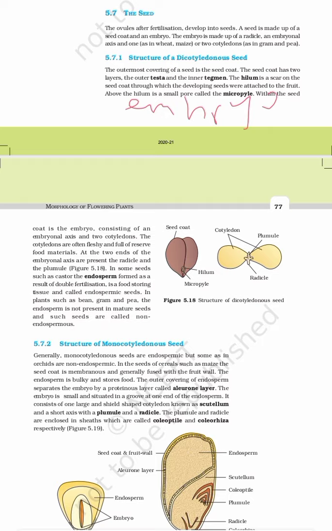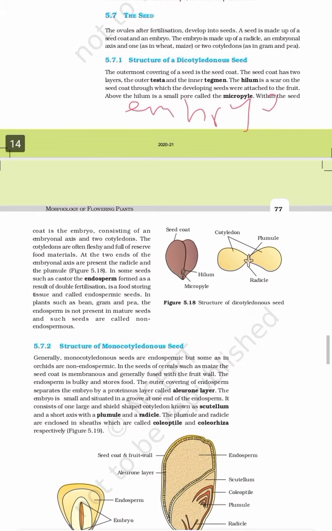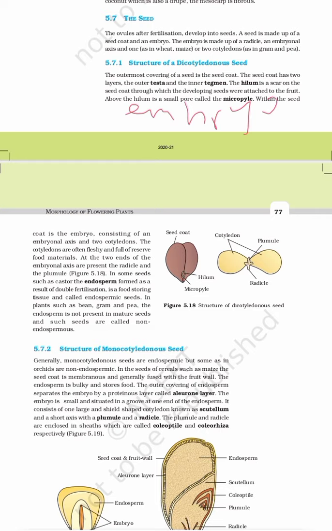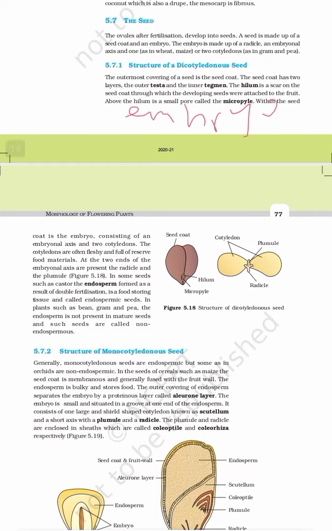Megasporangium is one part which we have already learned in the fruit part, where we know that in the ovule, inside the ovary, there was some matured structure developed. I simply want to tell you that it is formed from the megasporangium. It is a fertilized ovule and it contains an embryo. Now, the ovule after fertilization, you can see over here, develops into a seed.